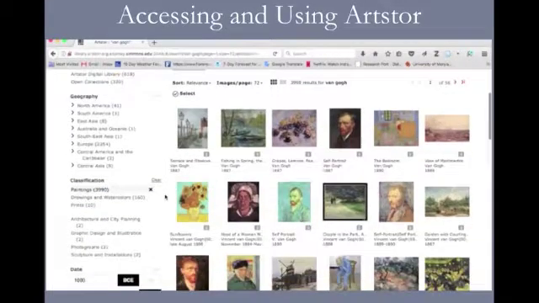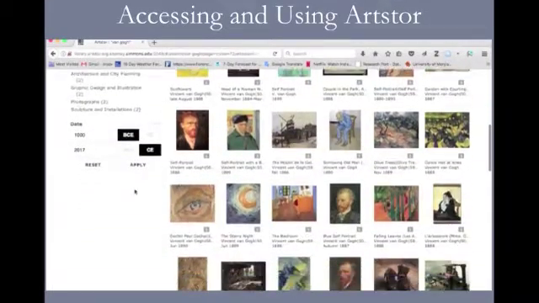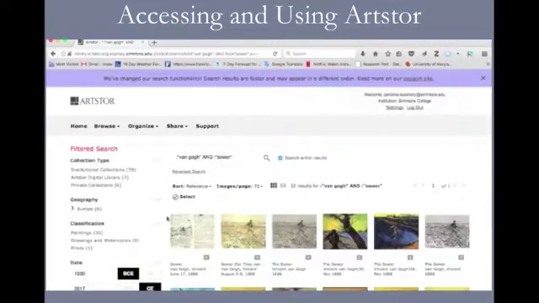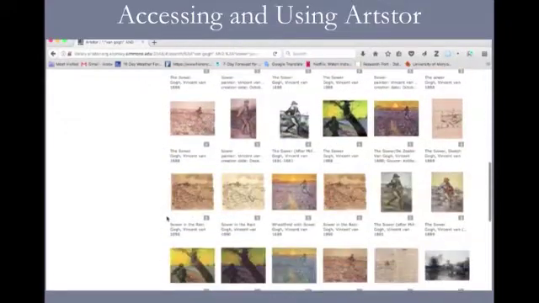I want to see just paintings from the last 2 years of Van Gogh's life, so we'll select the paintings heading and then change the date range from 1888 to 1890. We still have a lot of results, and I know that I want to look at his painting called The Sower, which was painted in 1888. We can search within our narrowed down results by replacing the text in the search bar and clicking Search within